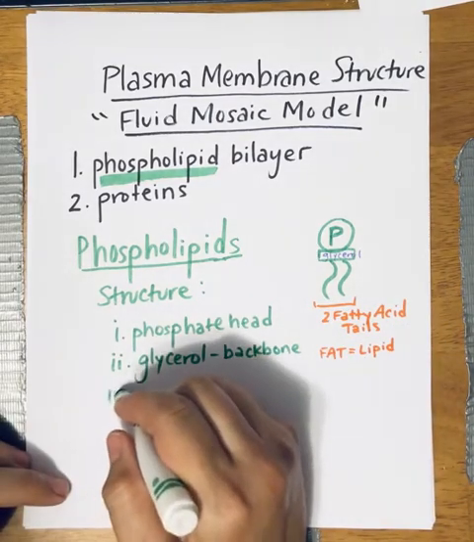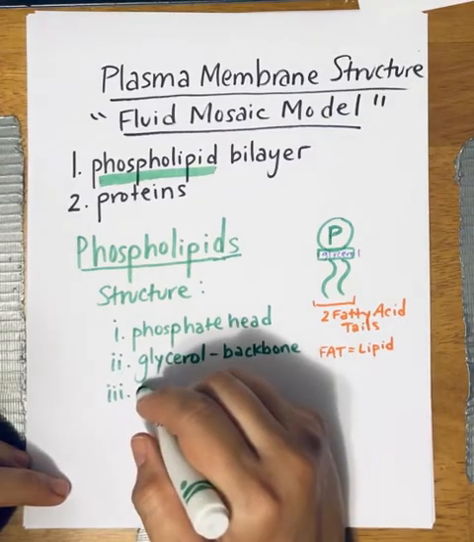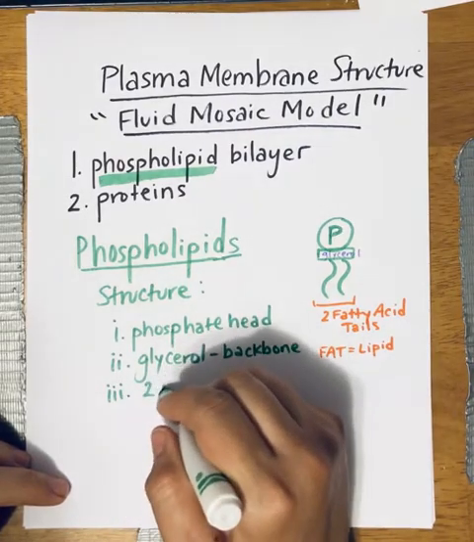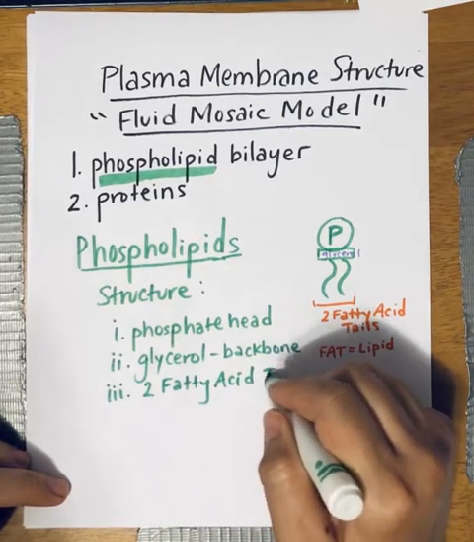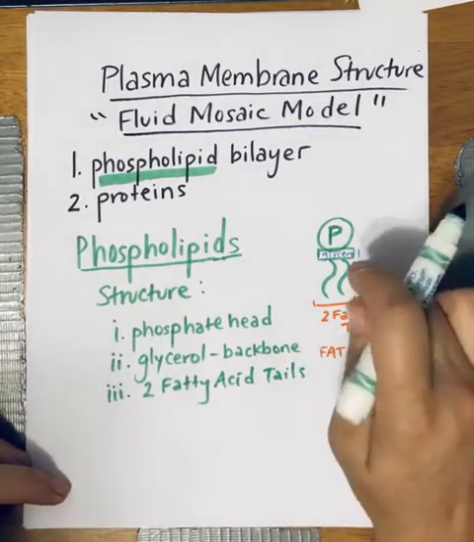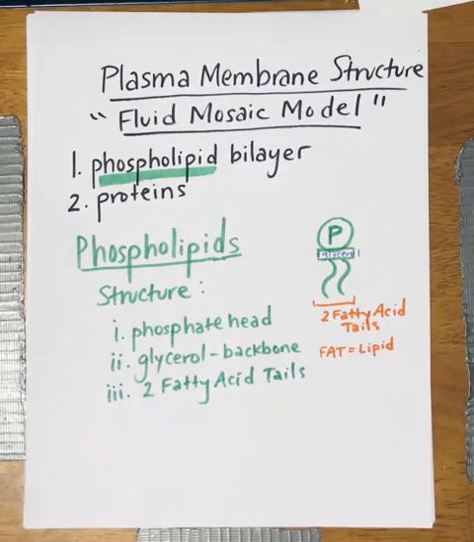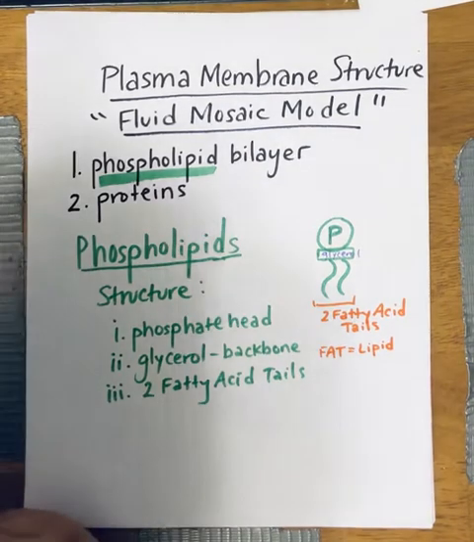The third thing is two fatty acid tails, which are attached to your glycerol. So this is one phospholipid. Now, when we say the fluid mosaic model,